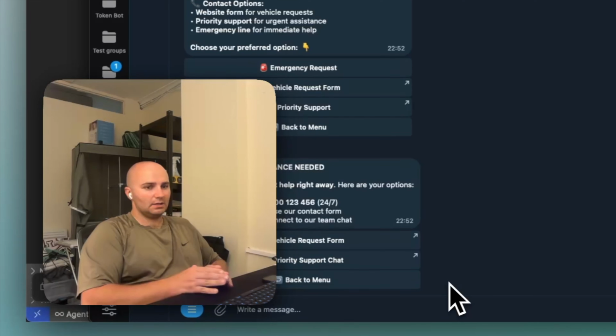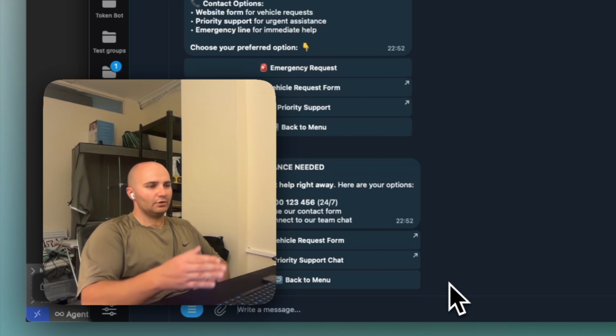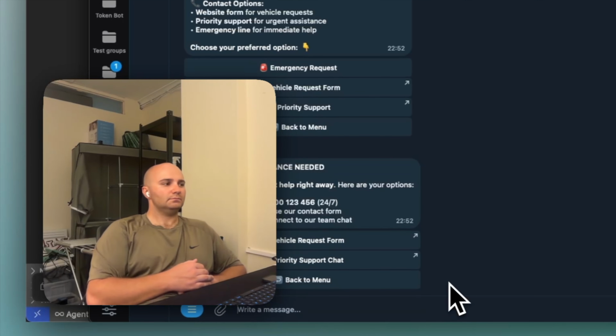I think that this approach is better than some of these drag and drop builders, just because this has a bit more of a granular approach in that you can customize every single thing that it does. You can kind of see that it's a little bit of back and forth with Cursor, just because, for example, I didn't realize you couldn't use a